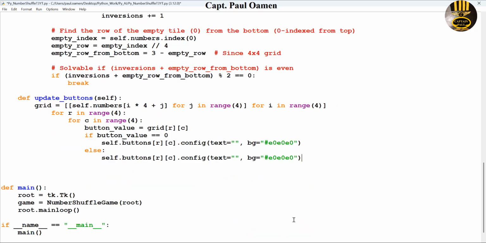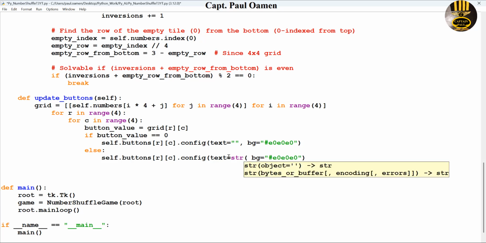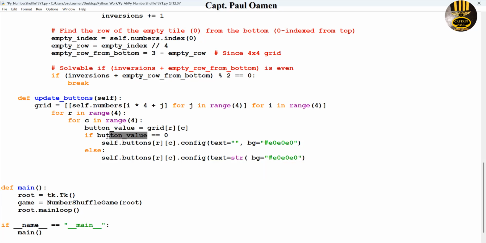Paste that in there. Okay, config, and the text will be equals string, and let's enter the button value in here. Button underscore value,